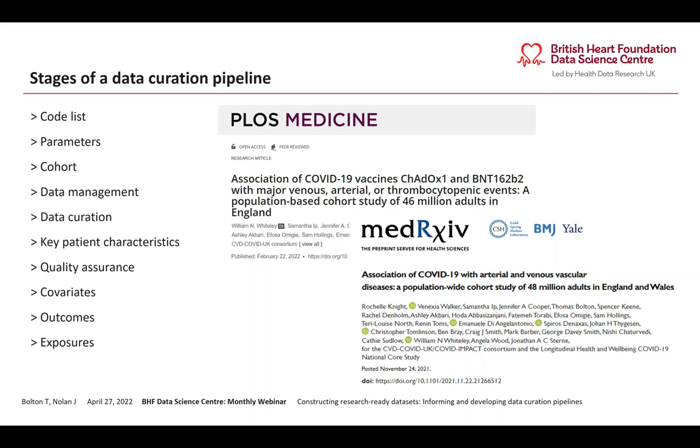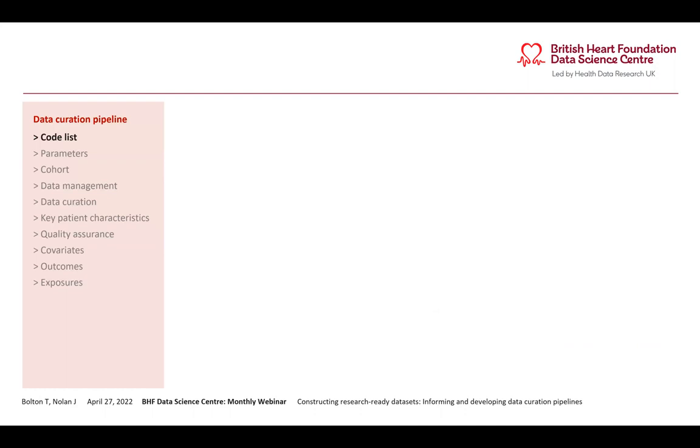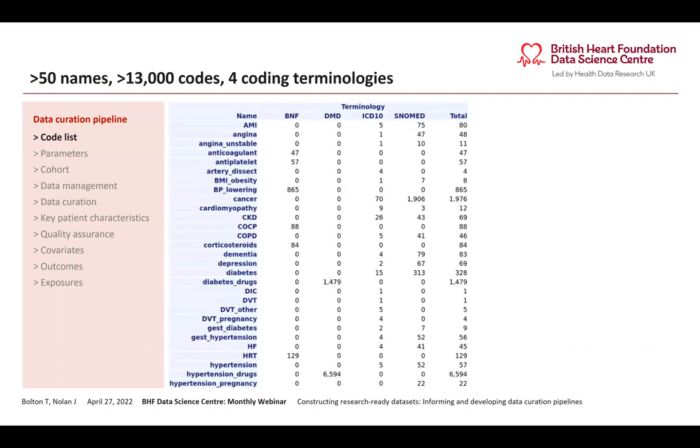And the code for these projects has formed the basis for the pipelines that John and I have been developing. So one of the most important stages of the data creation pipeline is constructing the code list. This is likely to be used in the cohort selection, the quality assurance, the covariates, the outcomes, and the exposure stages. So here we have the first few dozen rows of a summary of the number of codes in our